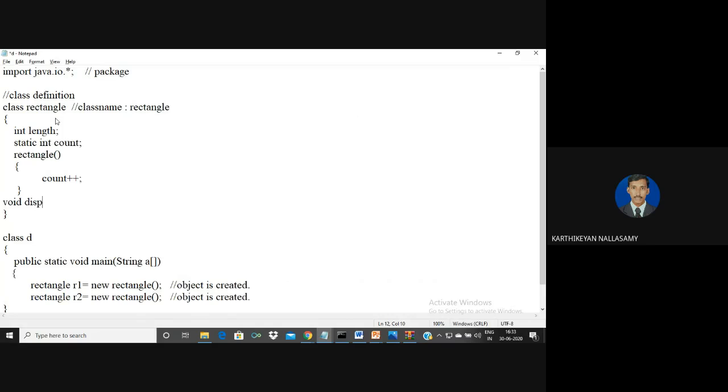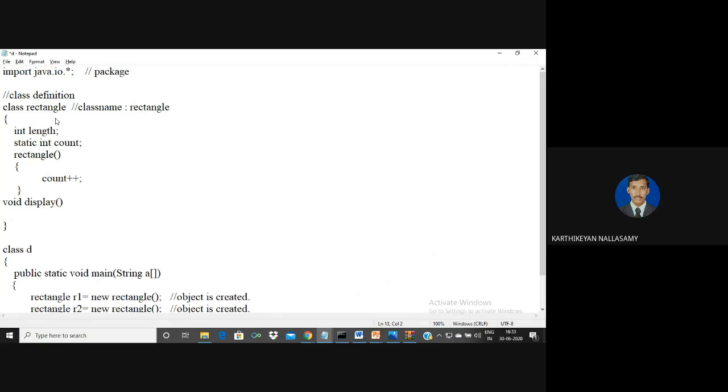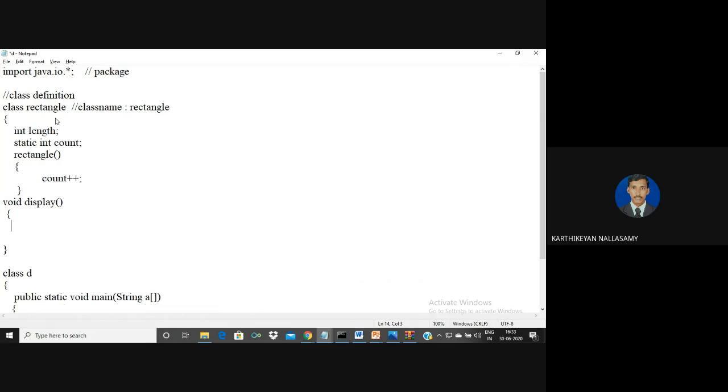So with the help of that method, I'm going to display how many objects we have accessed. System.out.println, the number of objects equal to, as it is a count.